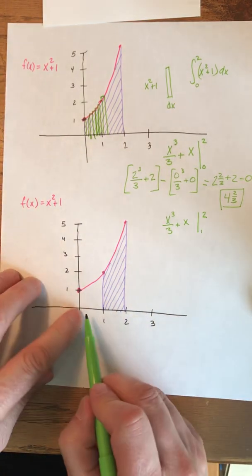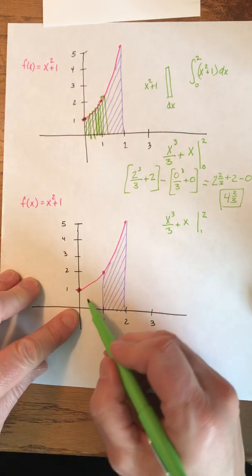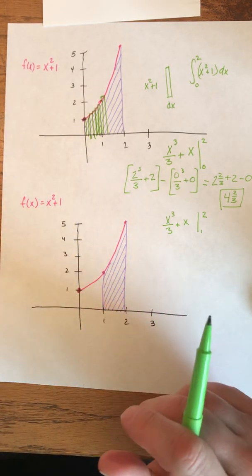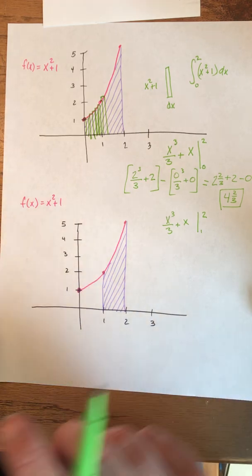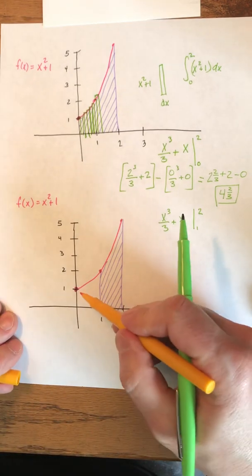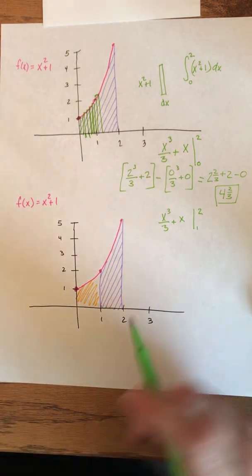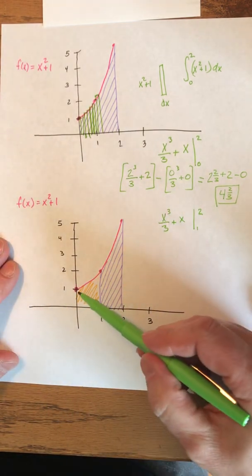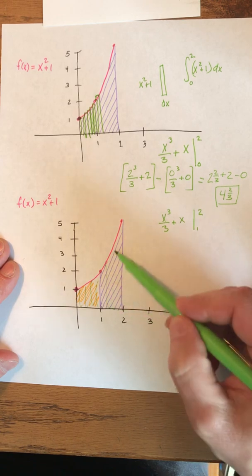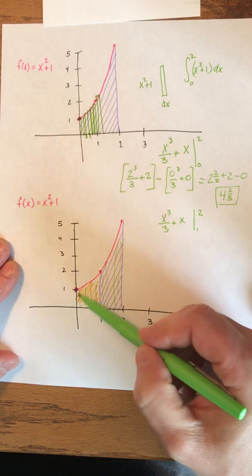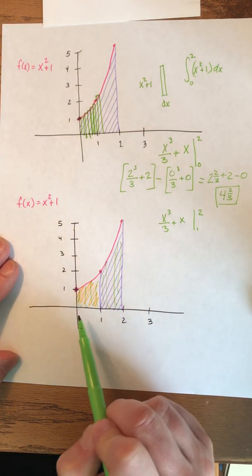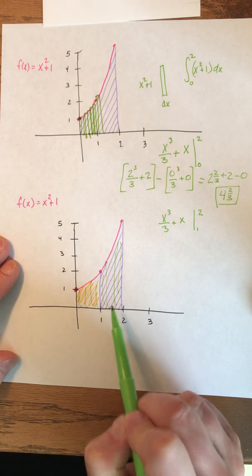And the reason is, if we did the integral between 0 and 1, we would get, say, this gold area in here. If we did the area between 0 and 2, we would get this green area in here. And if you think about it, the green area minus the gold area gives me the purple area,